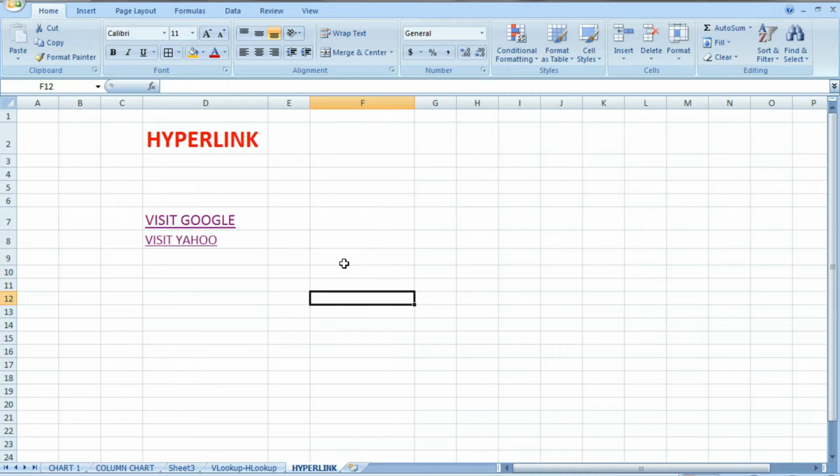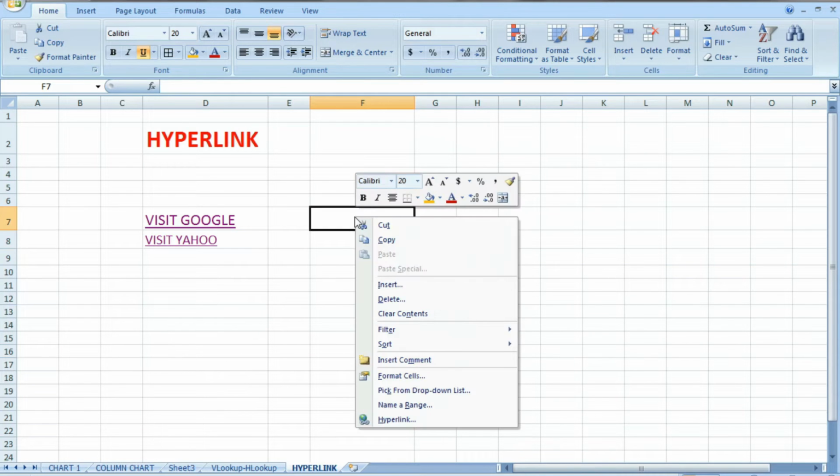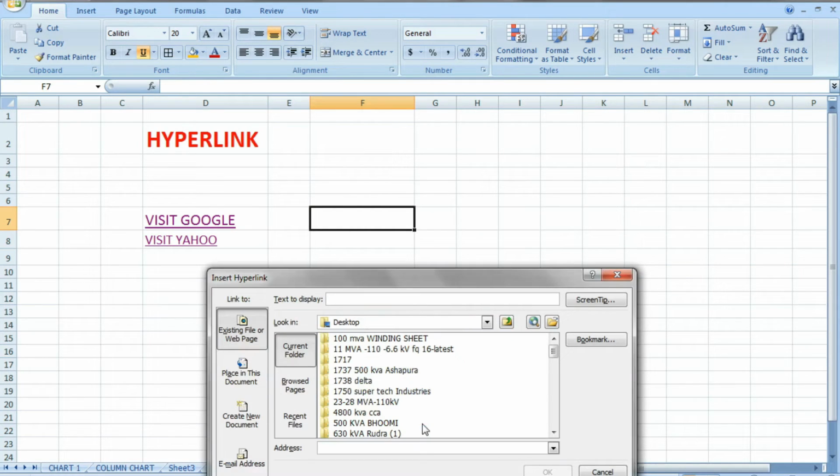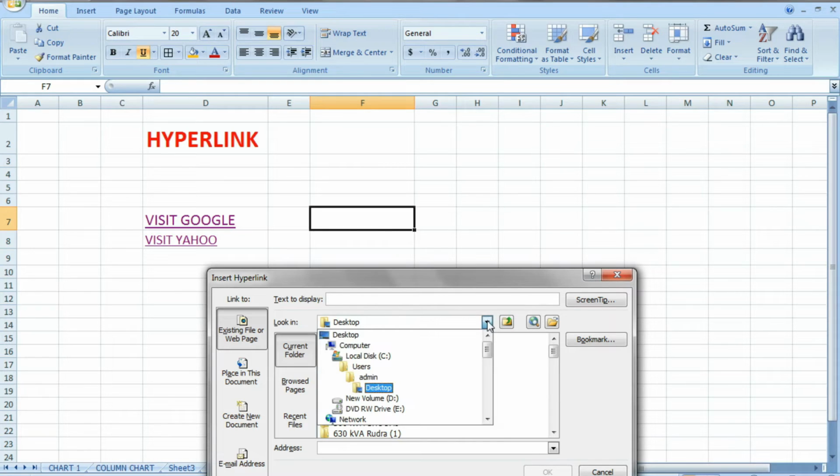Now suppose you want to go to any file in a folder. For that you can save your time. Here you can insert the hyperlink, and you want to go to a desktop or in C drive. Suppose I have one file in D drive, and here there is a folder.